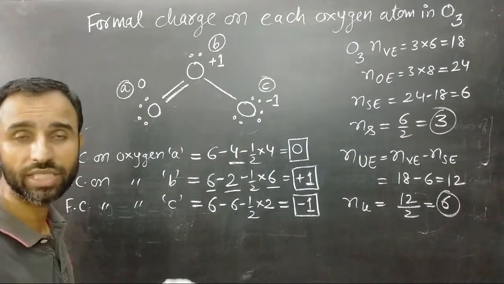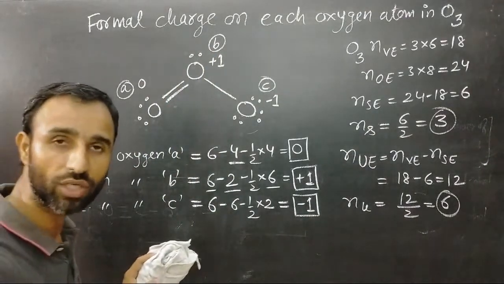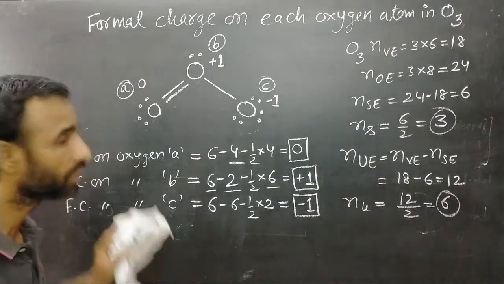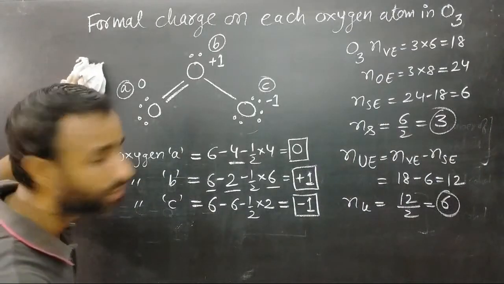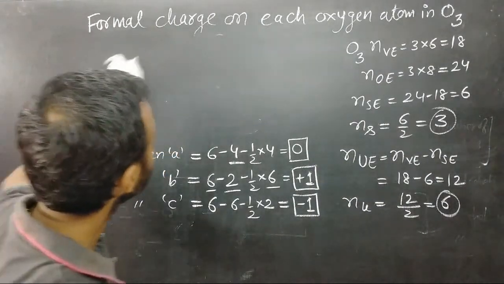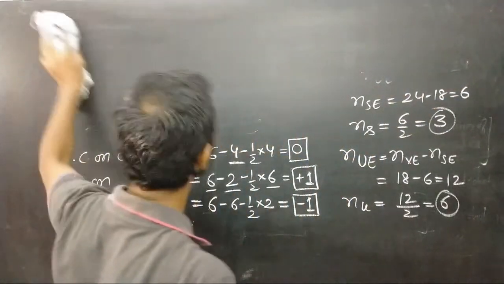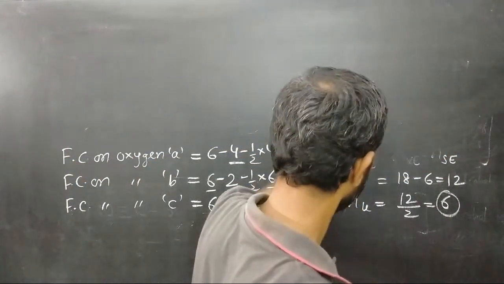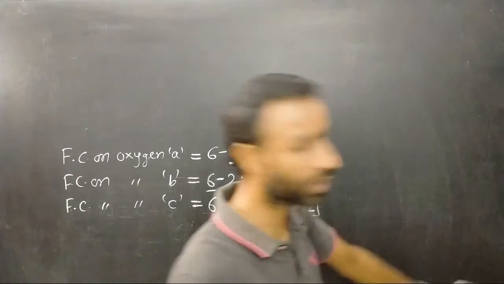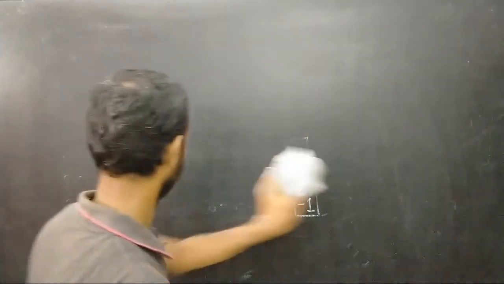So formal charge is equal to the charge assigned to the individual atoms in a molecule or ion. It is the charge assigned on each atom in the molecule or ion. Okay. Now,